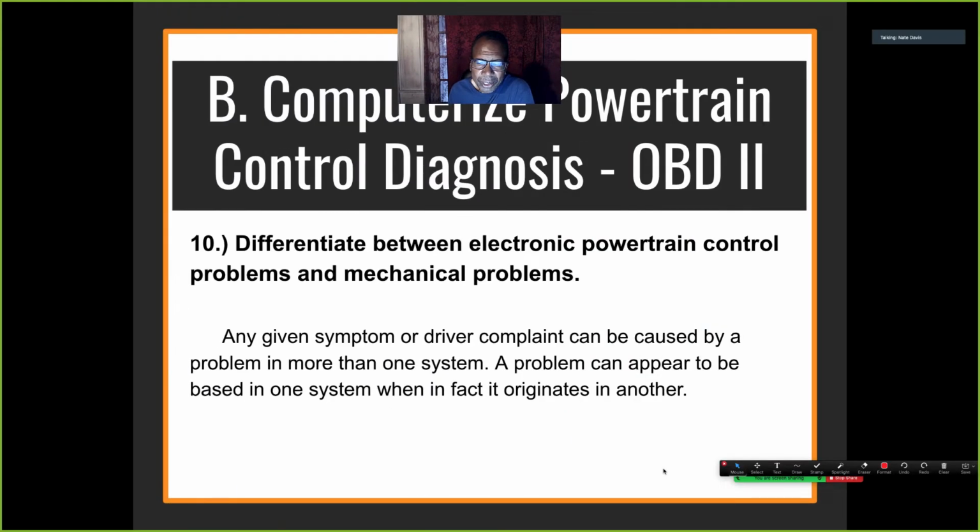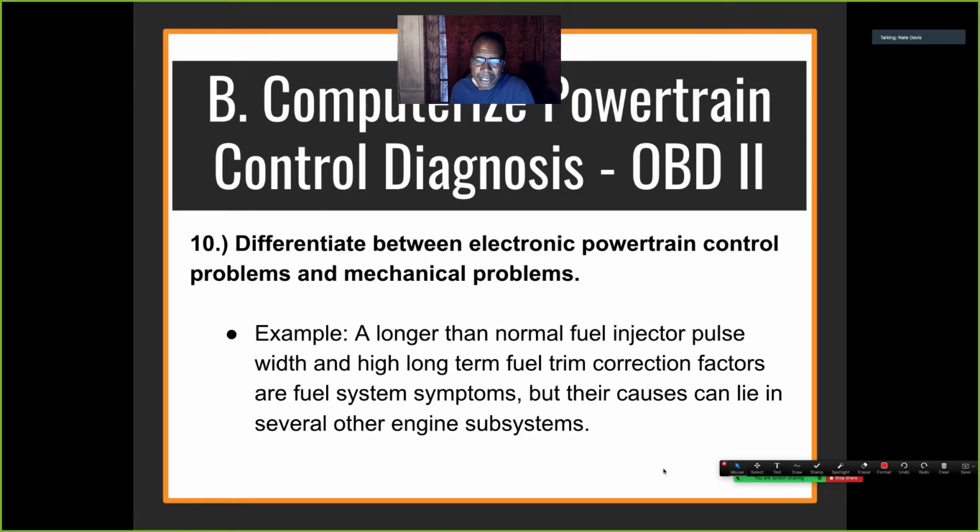Any given symptom or driver complaint can be caused by a problem in more than one system. A problem can appear to be based on one system when in fact it originates in another. Here's an example. A longer than normal fuel injector pulse width and higher long-term fuel trim correction factors are fuel system symptoms, but their cause can lie in several other engine subsystems. Like for example,